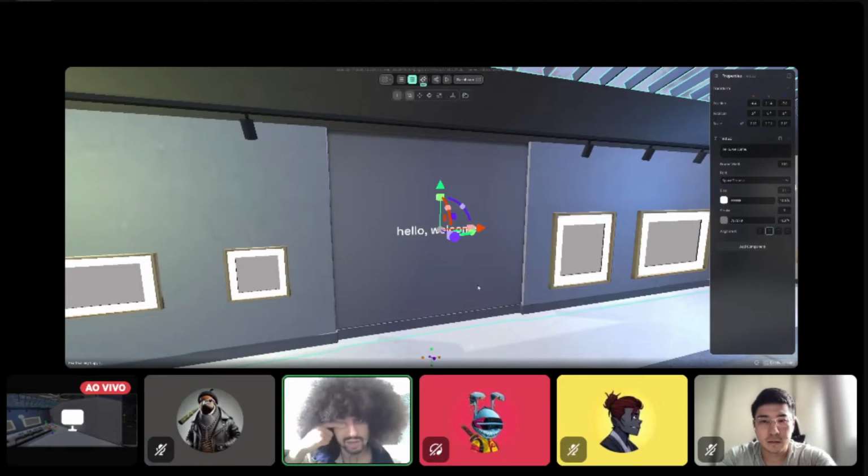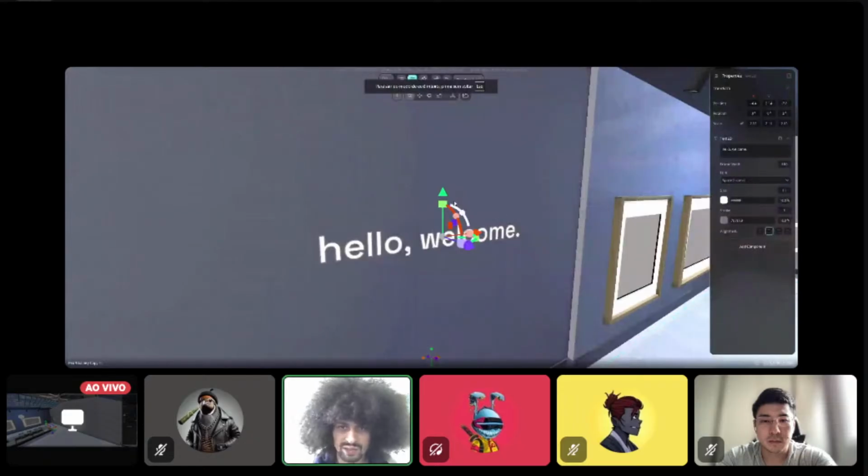Or if you are building, I don't know, a place where a festival or a park is going to happen, and you need to put signs, and you don't want to be bringing 3D objects for each sign, and you want to be able to change the text of the sign in a very easy way. So this is a good way to display texts in the scene using the 2D text.